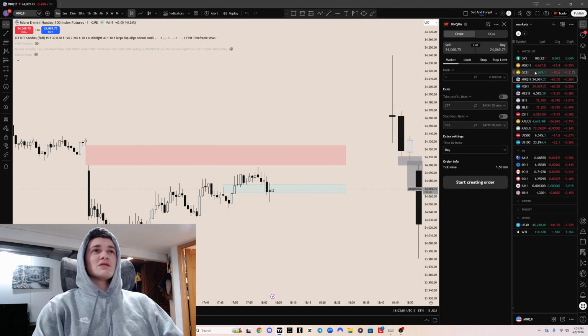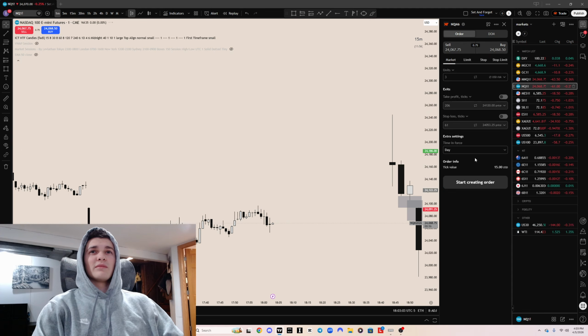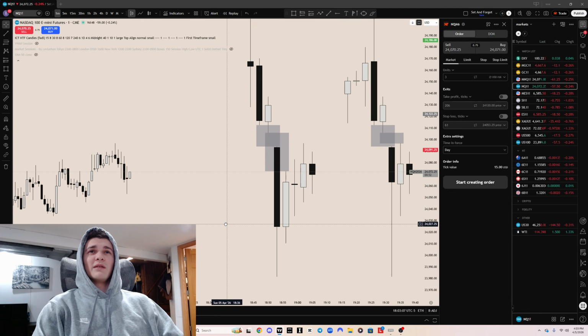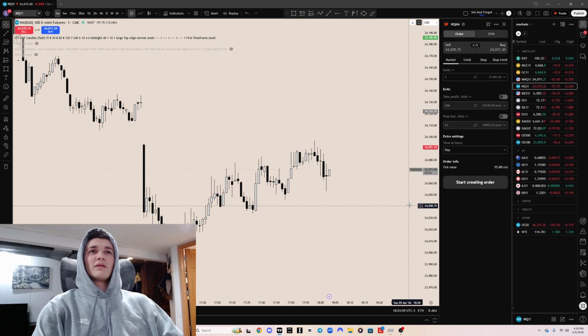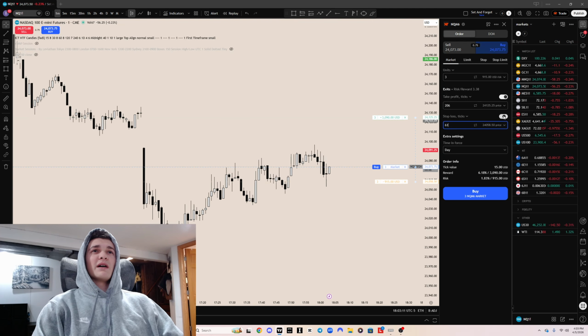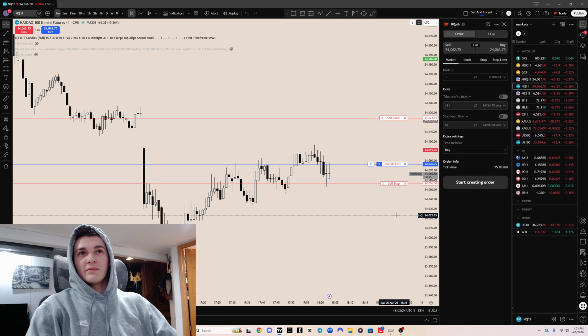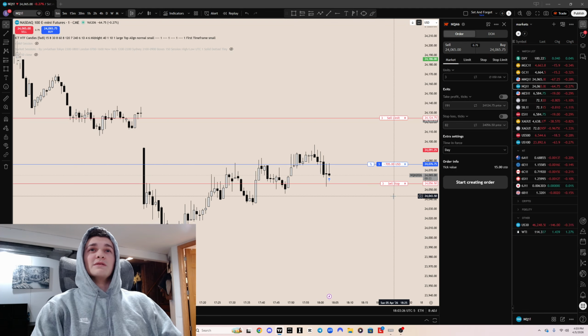All right, so we did just respect that gap. I'm going to wait for a little wick probably to be created. Or not, we might just buy in right now. Right off the rip. We're buying in. All right. We'll see what happens.